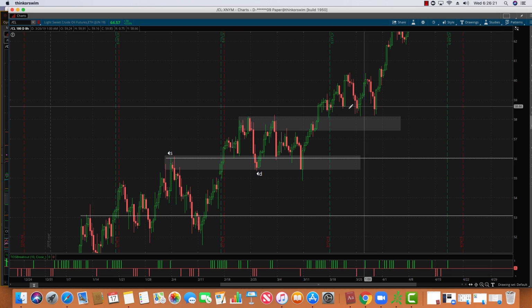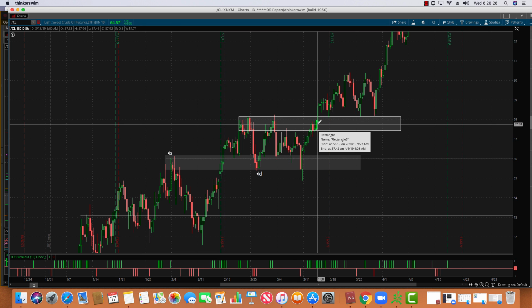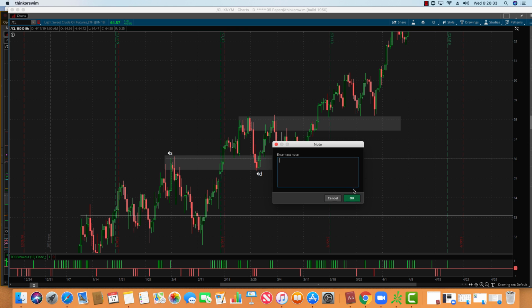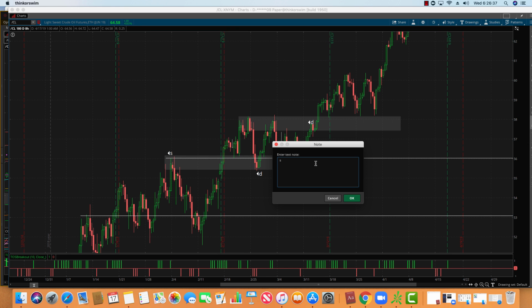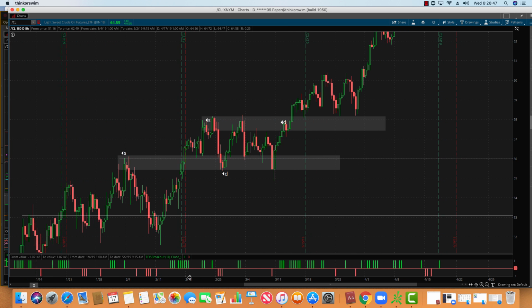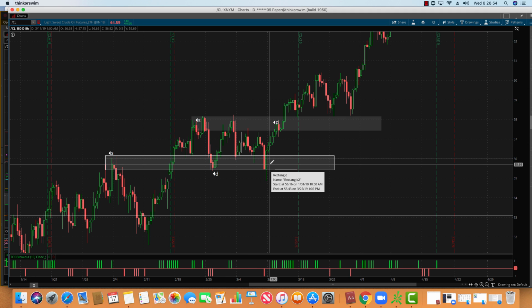All right. So that's the battle that's happening on a more fine-tuned time frame. Demand. Very important. You could literally trade without indicators, and this is how the higher level people do. But indicators are good too. But this gives you a little more accuracy in terms of knowing exactly where